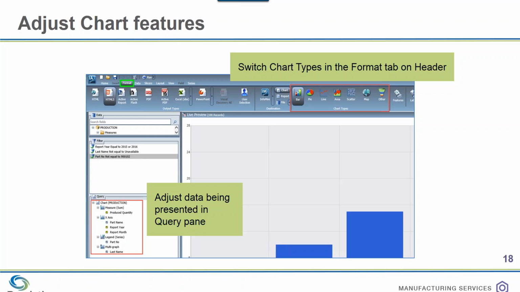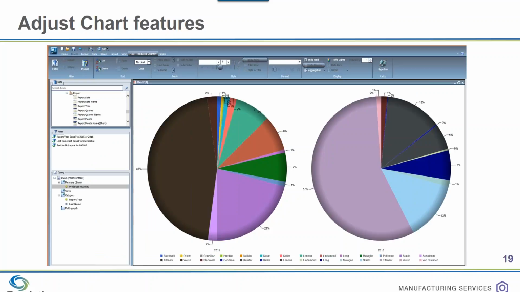And after I've done that, again, I can just refresh or run my screen again, and I've come up with something that's a little bit more representative of what it is that I'm after. So you can see I did this chart segregating it between 2015 and 2016, and I'm just getting my produced quantity by my different operators for that period of time.